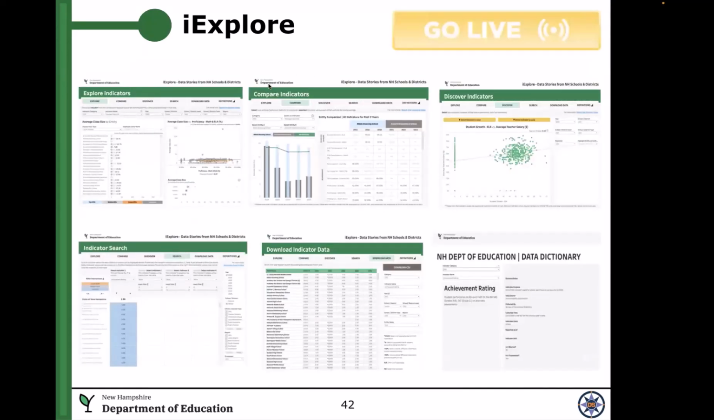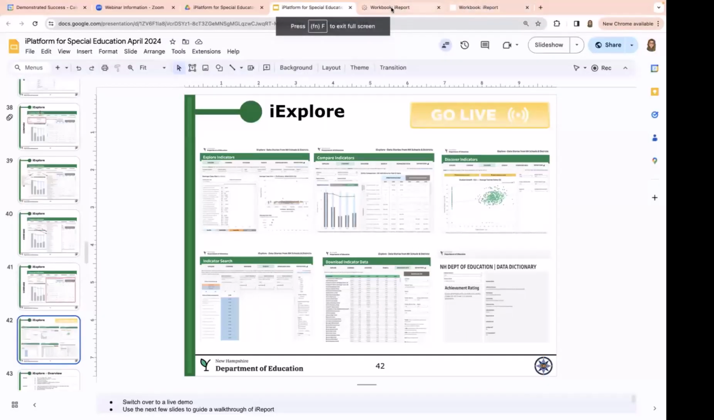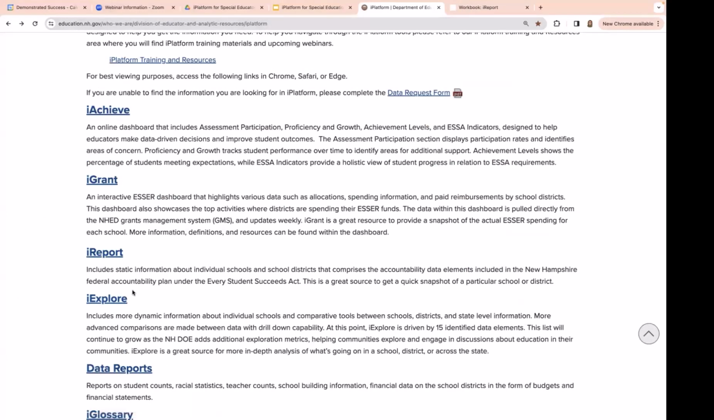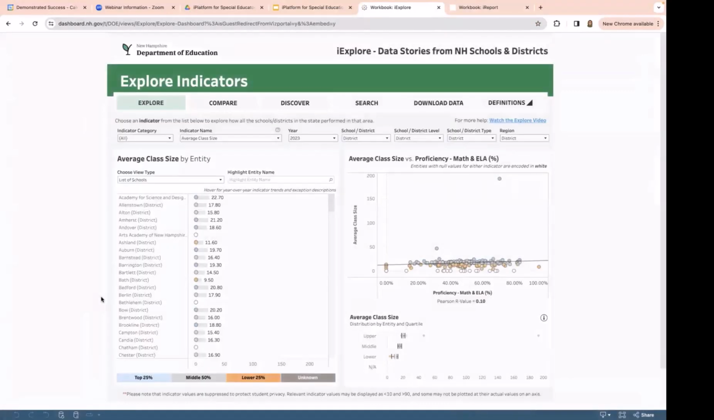So for iExplore, we are going to come out of here. There we go. I'm going to go backwards here and go right here and into iExplore. What happens here is this is general information about a lot of different New Hampshire schools and